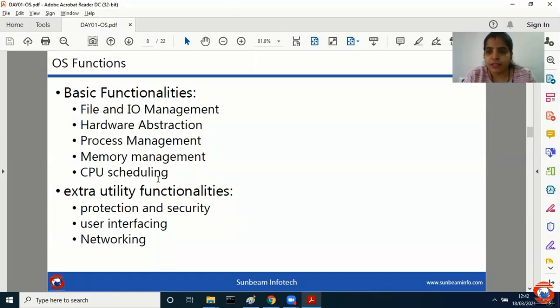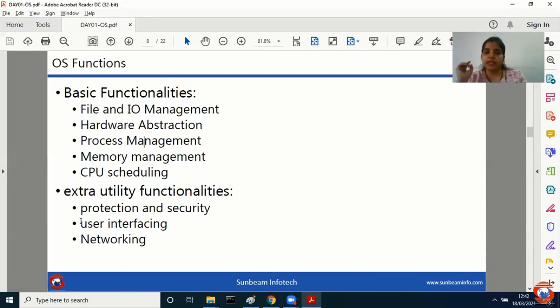If I do not set the password, will my Windows work fine? Everyone? Yes, of course it will work fine. It is because it's an additional feature. Until you enter the password, will it allow you to log in? Obviously no. So that is nothing but additional functionality that it provides, protection and security.